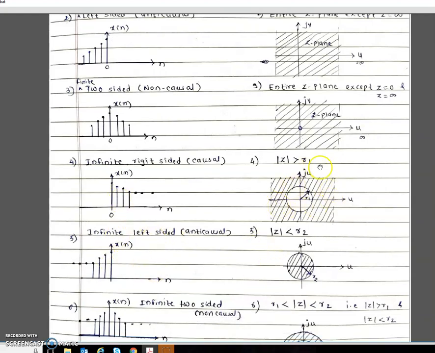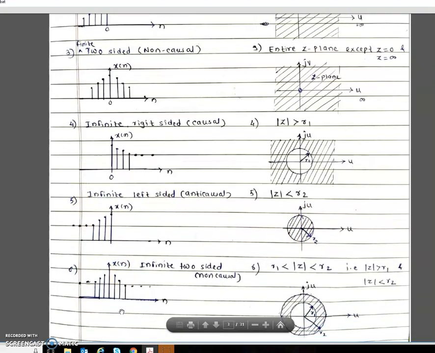Here, exactly opposite to this, the ROC, the region of convergence, where the values of X of z are finite, will be in the interior of the circle of radius r1. Now, if you combine these two, that is infinite two-sided, the non-causal signal, the ROC will lie in between r1 and r2. So exterior of this and interior of this, it is in between. So the ROC, where X of z will have finite values, will lie in this region, which is